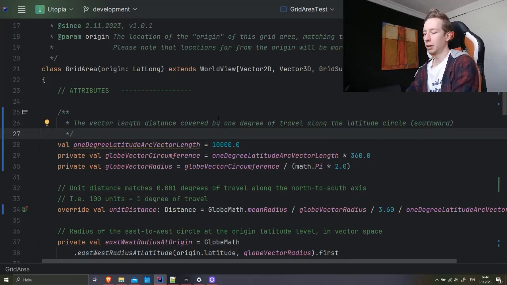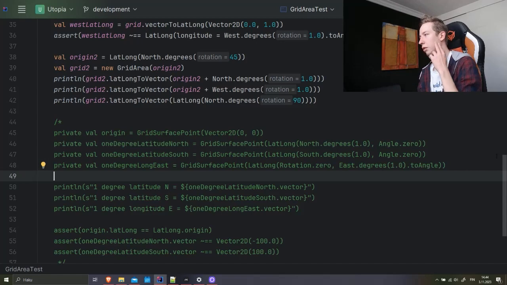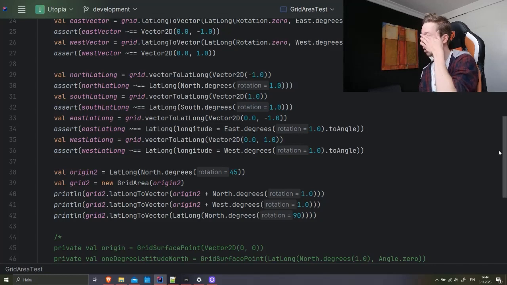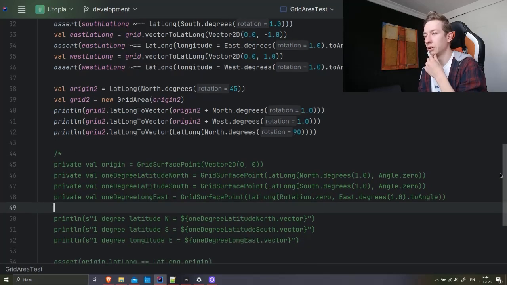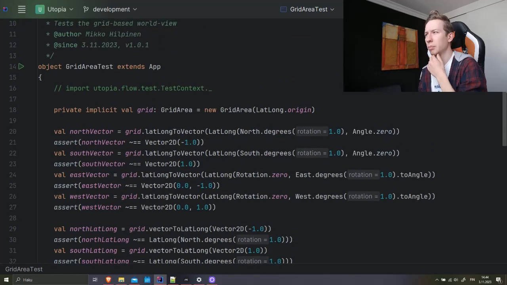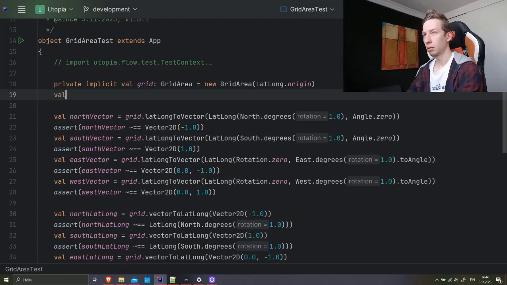Now we should have larger numbers, which should mean less rounding errors when we're dealing with very small numbers. And usually when we are dealing with angular travel on Earth, according to the latitude longitude system, the differences are pretty minuscule. So they should be a lot better, but our numbers should be pretty bad. So let's just use all unit equals grid